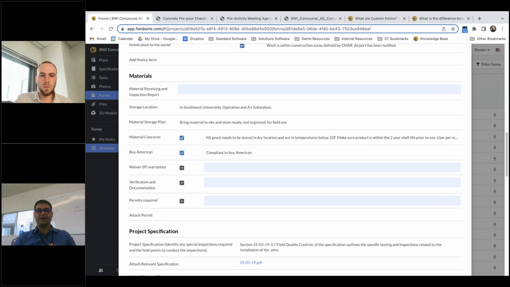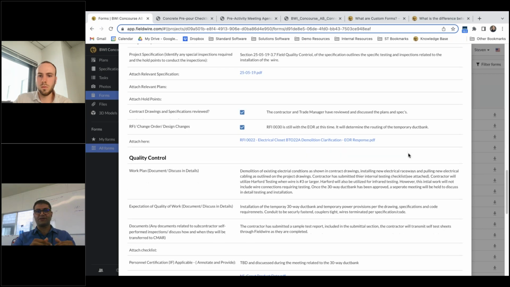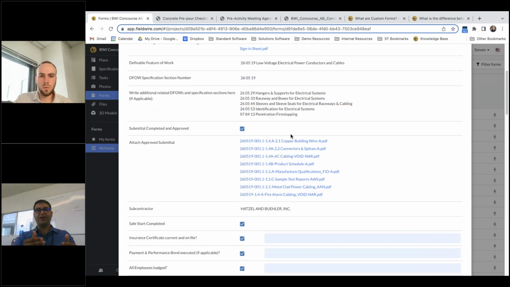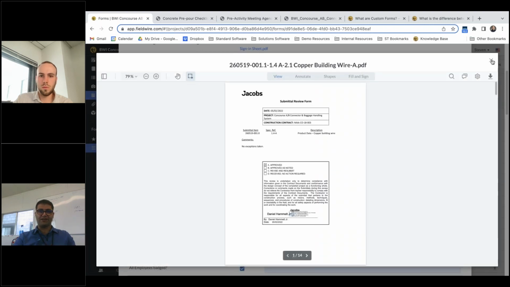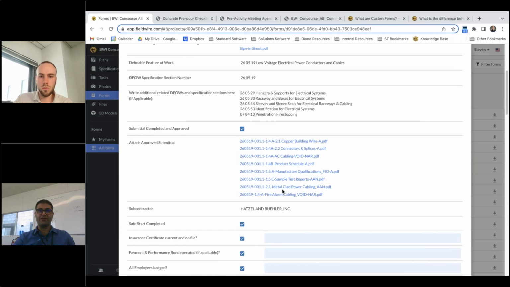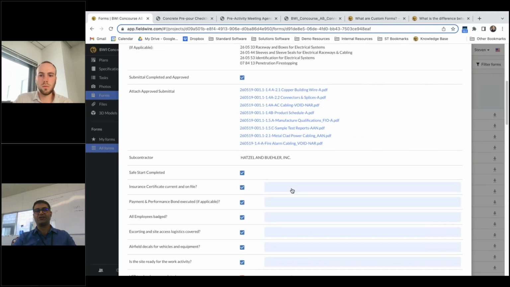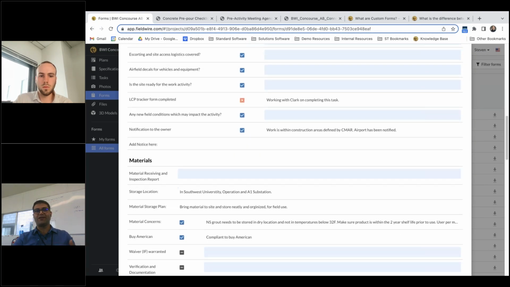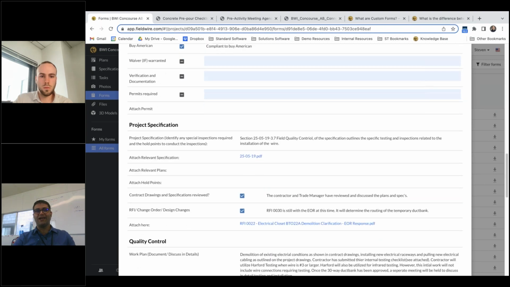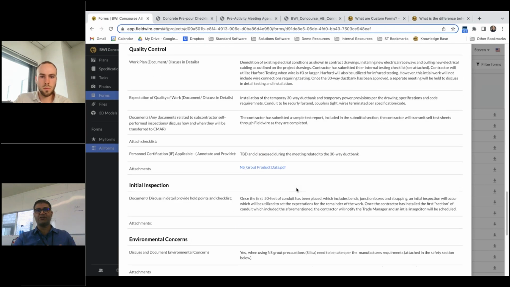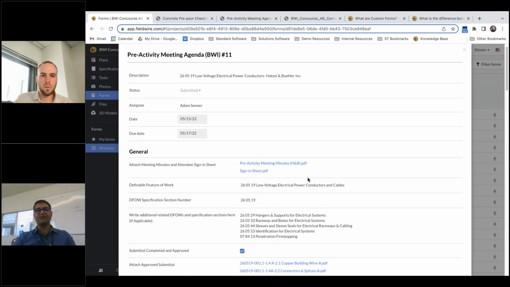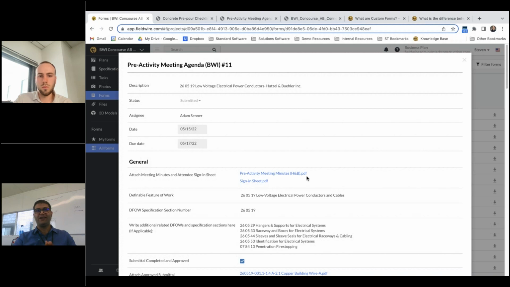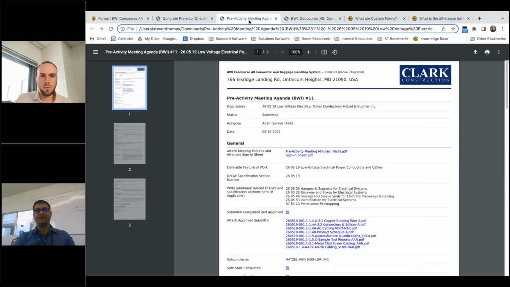So everything, starting from the submittals to shop drawings to linking them to the drawings and specs, is all included on one page. And when everything is done as part of the quality, and the team and the subcontractor are ready for mobilization and the starting of the work, then we send out this invitation to the owner's team, and that way we hold the pre-activity meetings. At the end, when we have all the questions addressed in the meeting and the minutes are recorded, the meeting minutes are put into this pre-activity meeting agenda and then sent out for record.